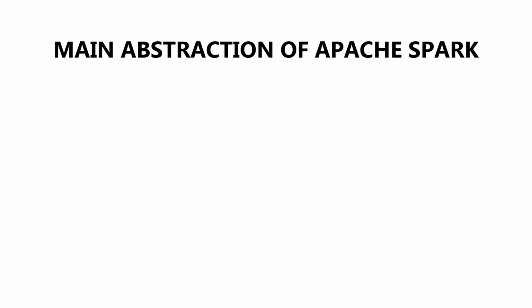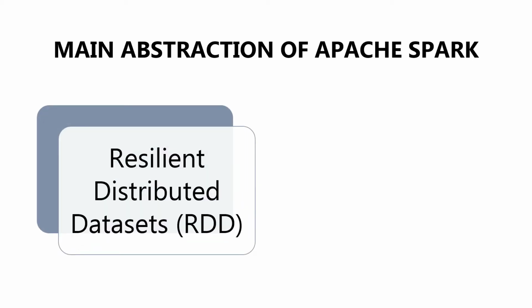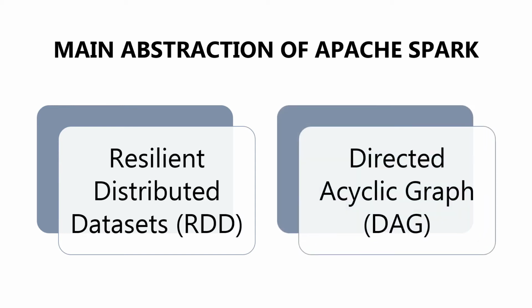Apache Spark architecture is based on two main abstractions. They are Resilient Distributed Datasets (RDD) and Directed Acyclic Graph (DAG). RDDs are collection of data items that are split into partitions and can be stored in memory on workers' nodes of the Spark cluster. DAG is a sequence of computations performed on data, where each node is an RDD partition and edge is a transformation on top of data.